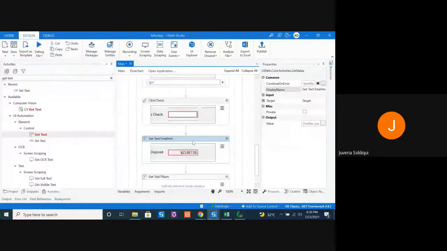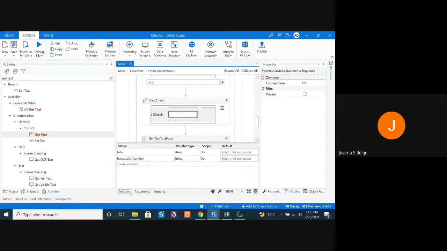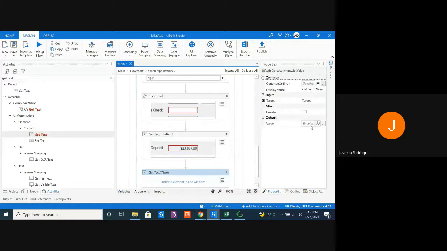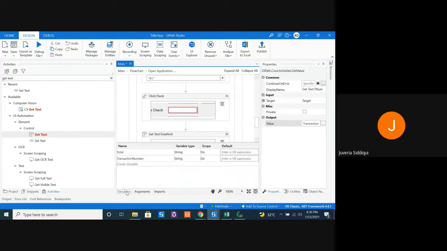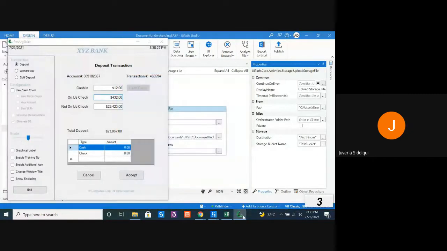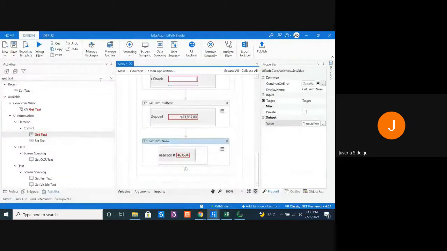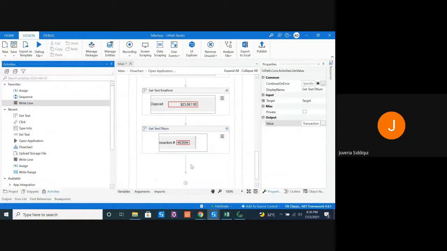So first this is total amount. Then this is transaction number. All right. Let's write it somewhere. Write line, and quickly give this a run.